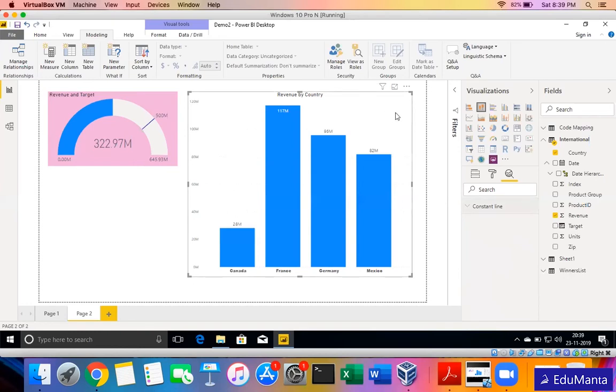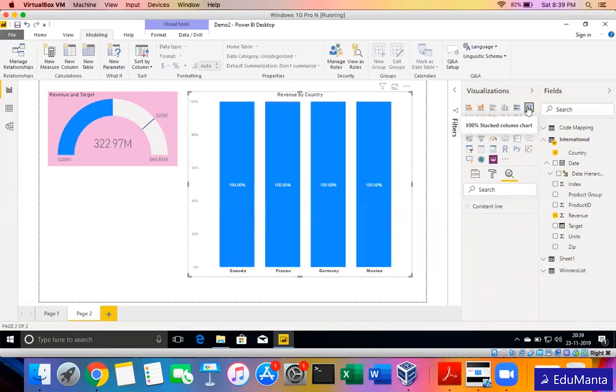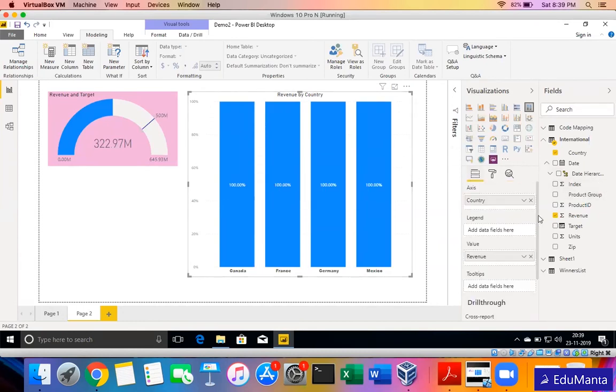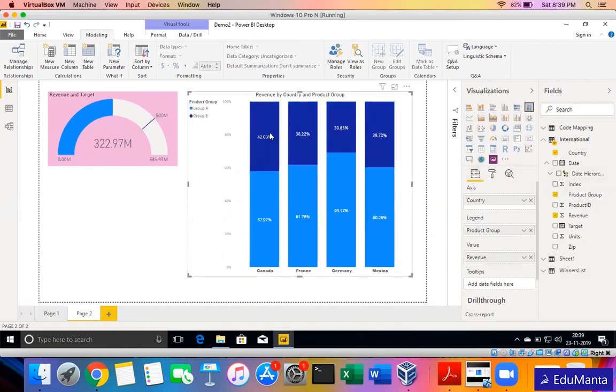If you have worked on charts, then we do have something called a 100% stacked chart. This will change the data this way. If you want to split it with some other values, for example product group, maybe in the legend section I will just drag this product group, and it will show me how product groups compare in Canada, which product group is being sold more and which is less, and what the comparative ratio is. And then we have something called clustered. So these charts and cards and gauges, table, matrix are most commonly used.